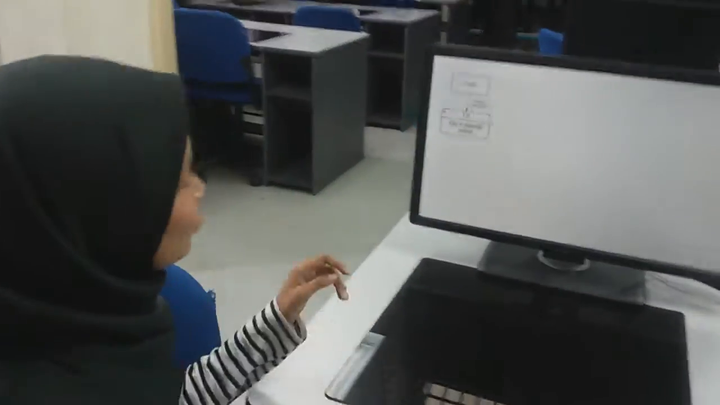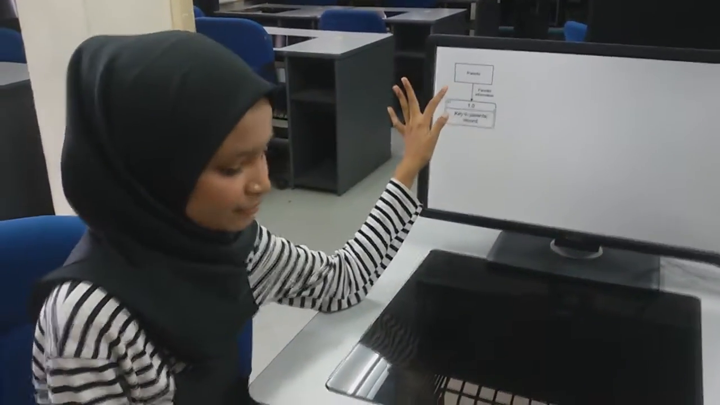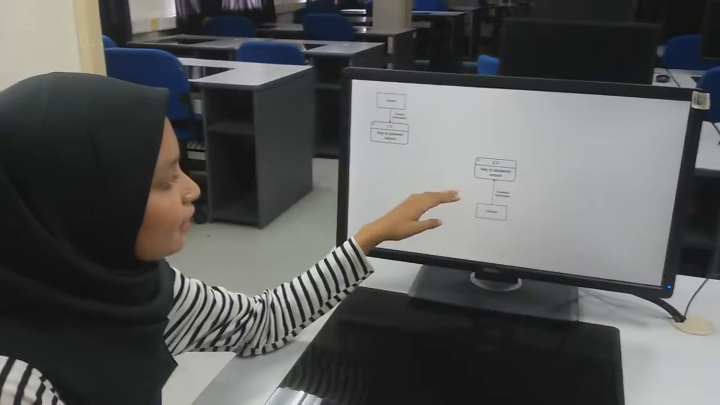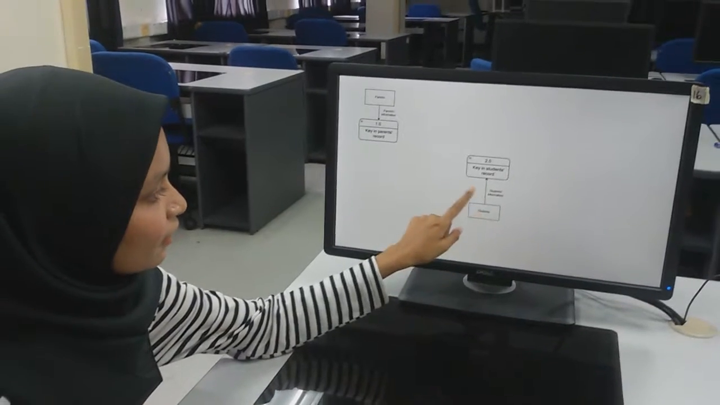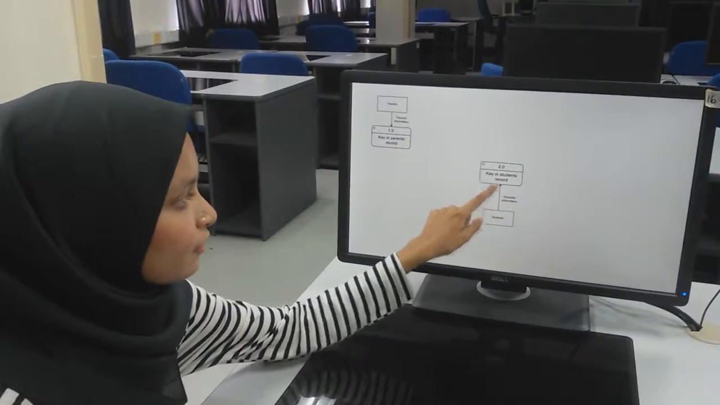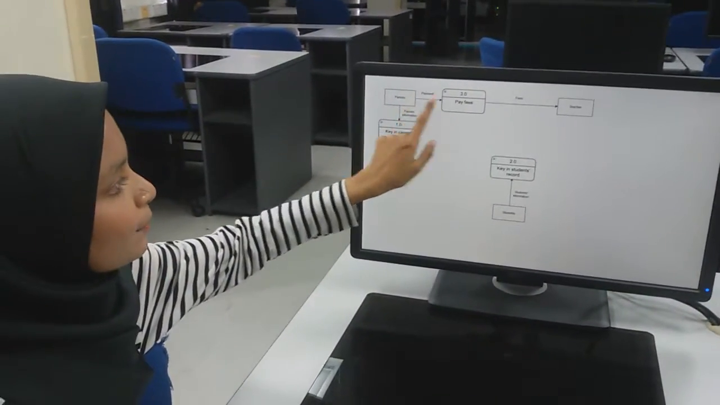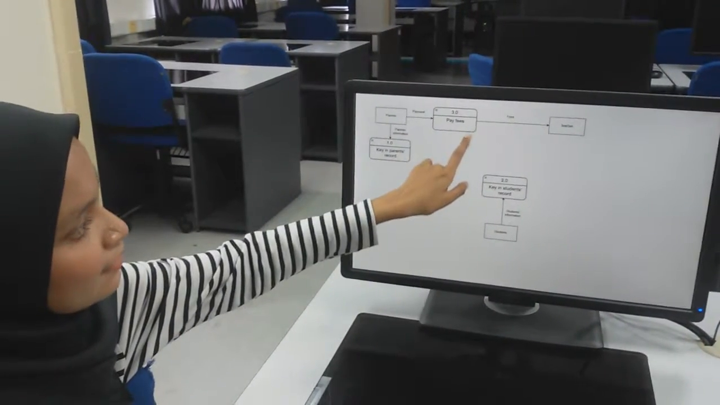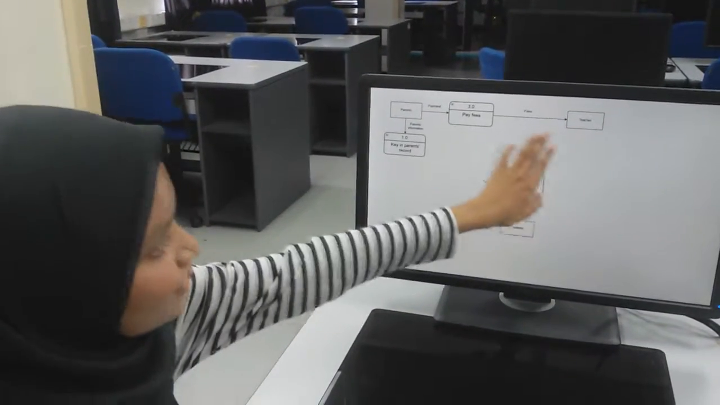Okay, for diagram 0, we will start with the first external entity, which is parents. Parents will give their parents information to the first process, which is key in parents record, and then we move on to the next external entity. Students will give the students information into the first process, which is key in students record. The next one is the parents will give the payment to the process pay fees, and then the fees will be the output, and the fees will be given to the teacher,